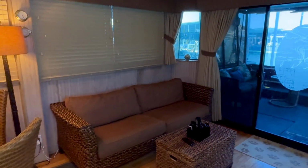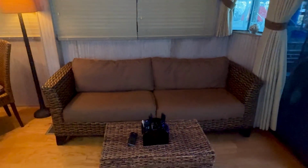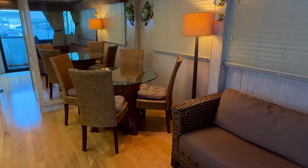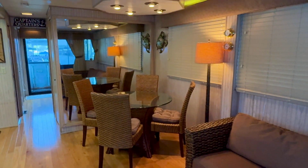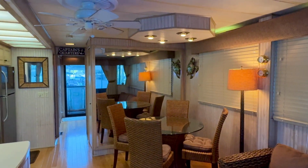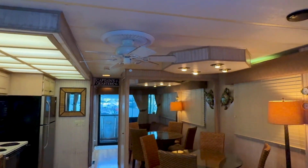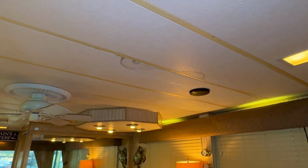So here in our living room area, we've got a small little sofa, ottoman, table and chairs, some lighting overhead, and a ceiling fan in here as well. Now we do want to give you the full 360-degree tour on here, and up on our ceiling here we